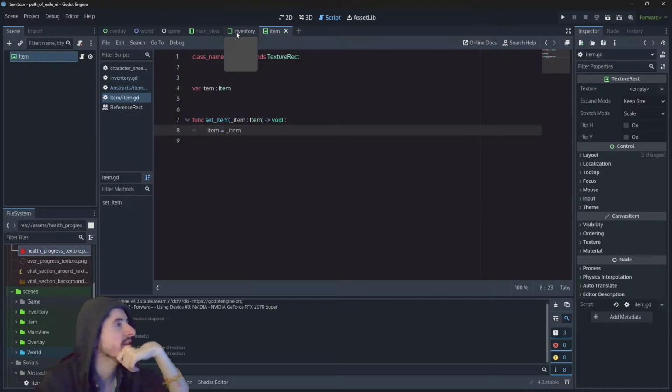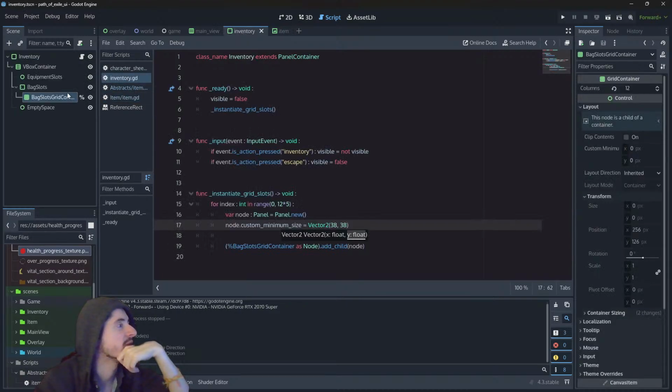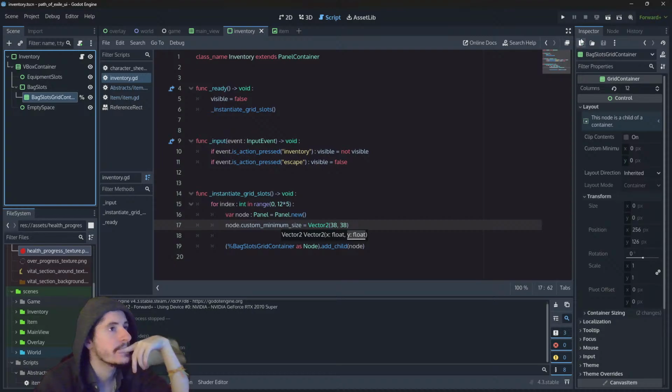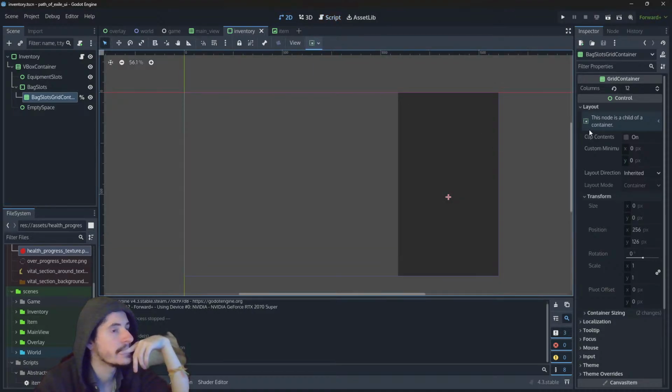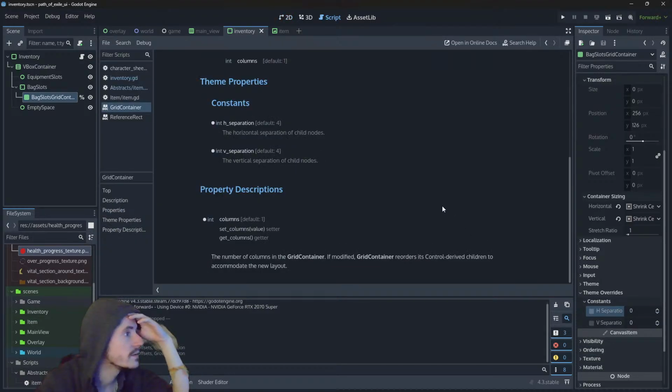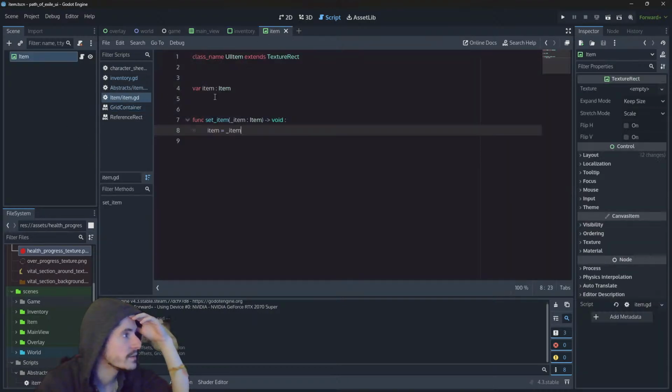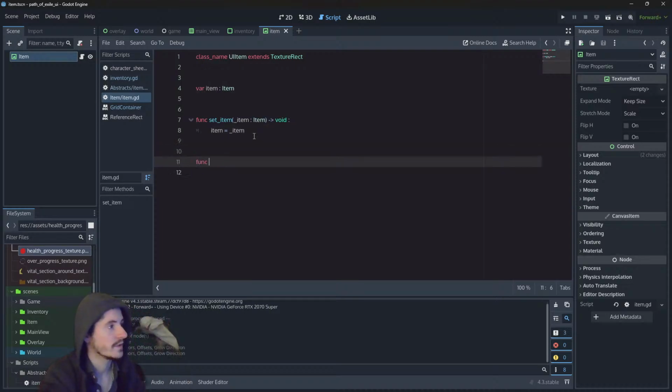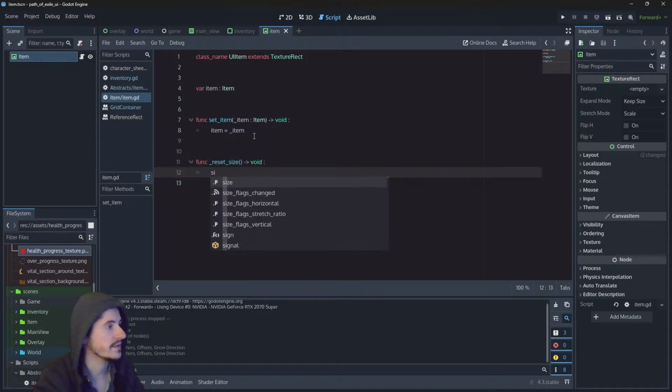So, what's the spacing of the grid? Oh. I actually don't know. Is there a way to know that? Okay, 4. So we're gonna reset the size. So the size of the item